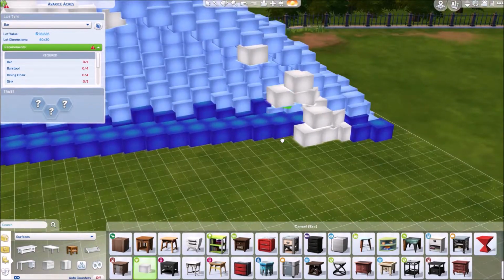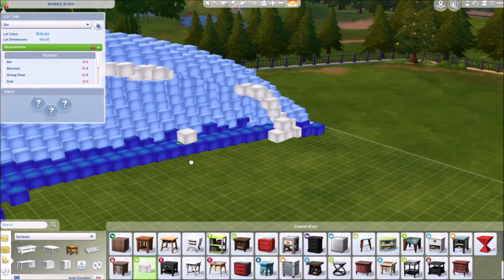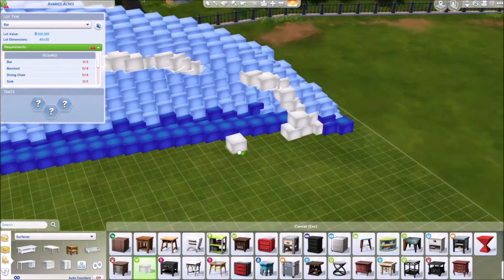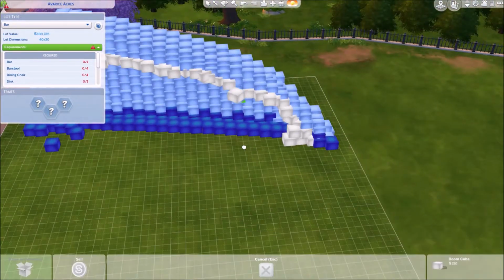So yeah, I'm just coloring in the wave, I guess you could say, adding in the break where a lot of the water creates the sea foam. So that's why I had those white blocks in there as well. So I keep building up this wave, and yeah, that's all I'm going to be doing for this next part